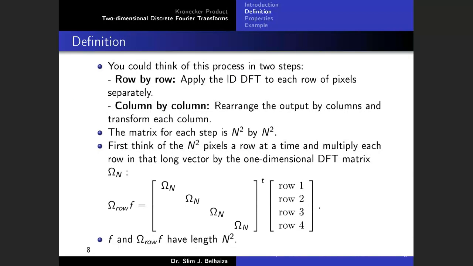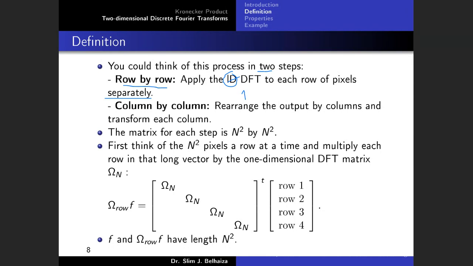So let's see the definition. That was the introduction to two-dimensional discrete Fourier transforms. What we could think of is that this process could be split in two steps. First of all, we do row by row. We apply the DFT to each row of pixels separately. So we apply a one-dimensional